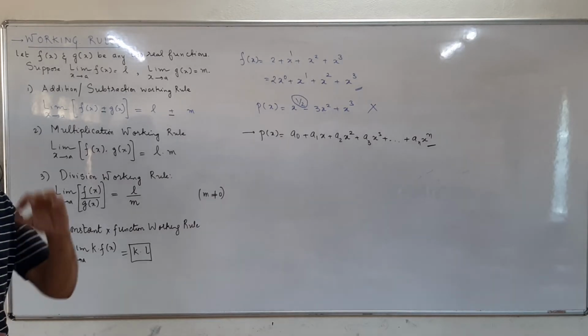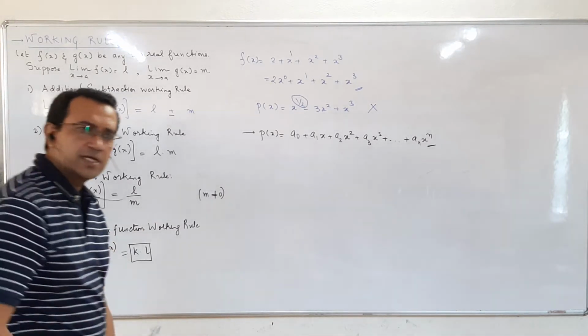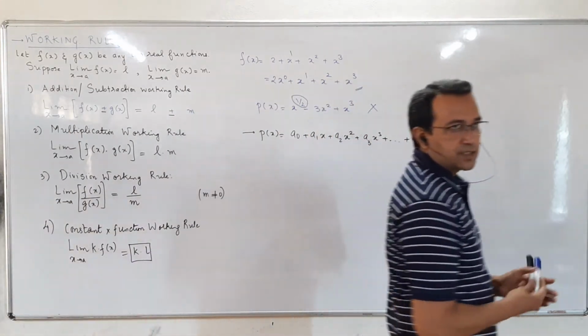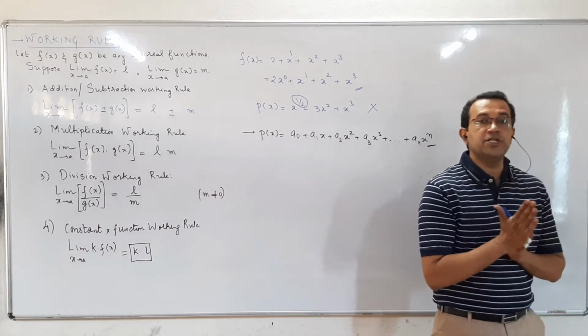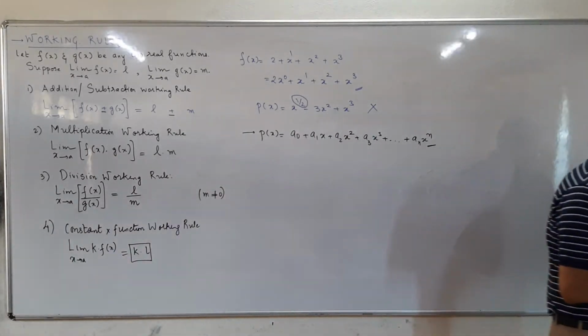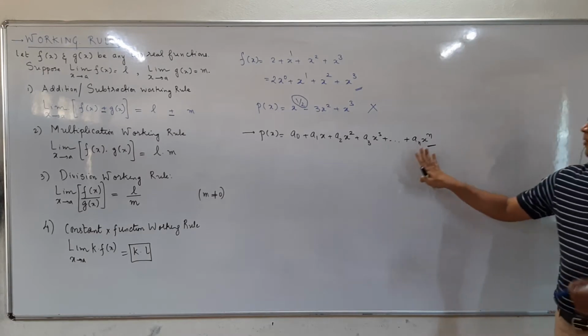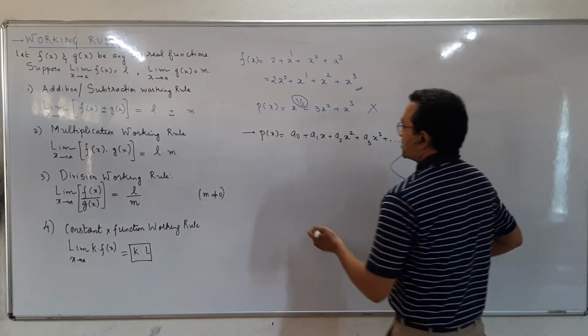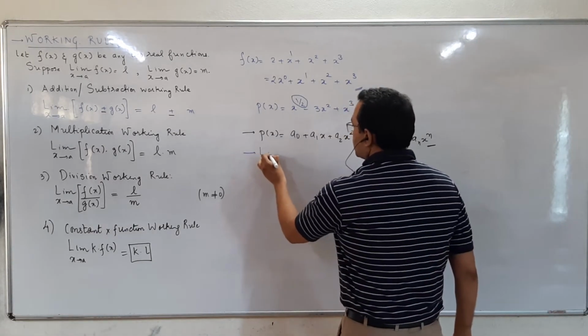So, a polynomial is in the simplest form an equation in x where each and every term has power of x as integers. So, limit of a polynomial function, our next theory is the limit